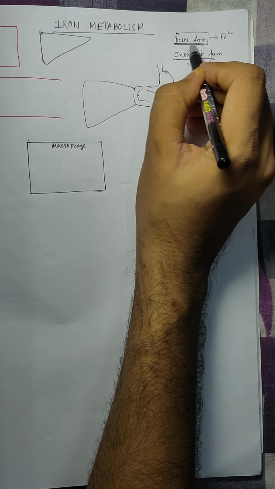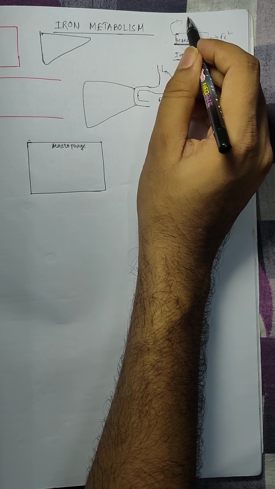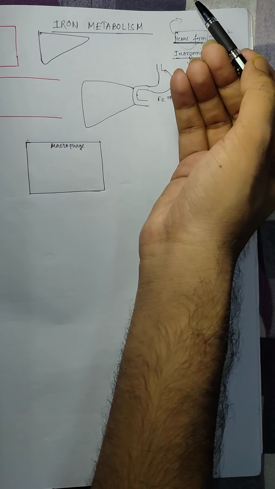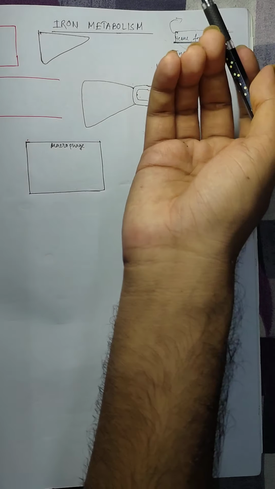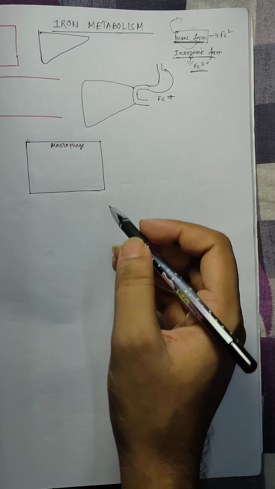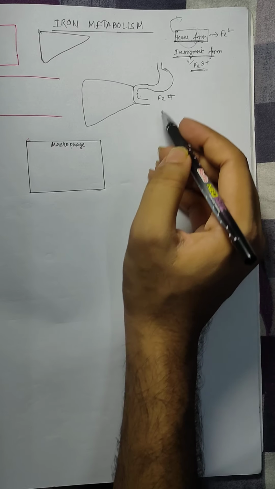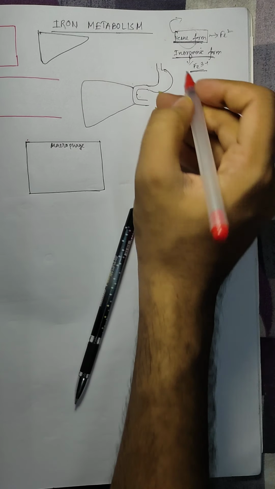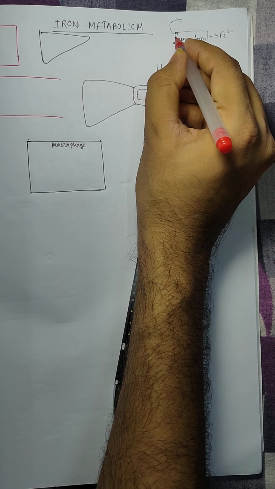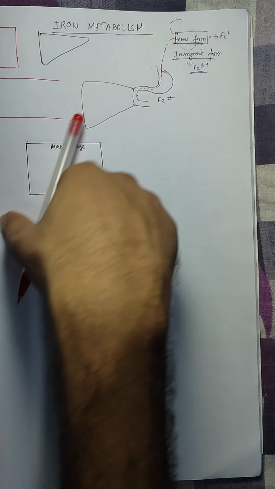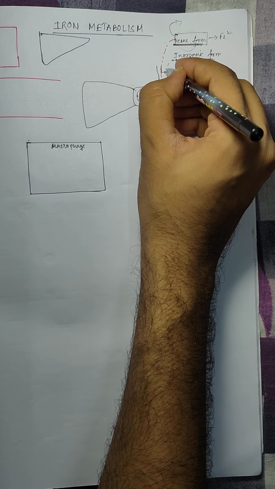Heme form, that means you can find it in meat, or meat has myoglobin, so from there we can have it. So I'm showing you by different colors. This heme iron comes here like this, and inorganic is like that. Okay,